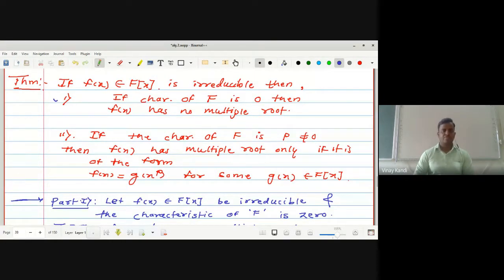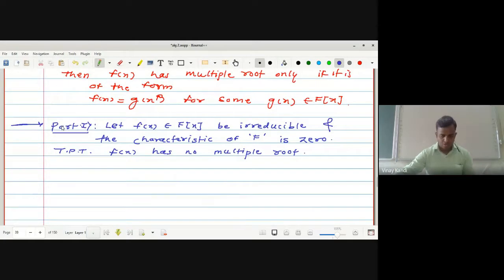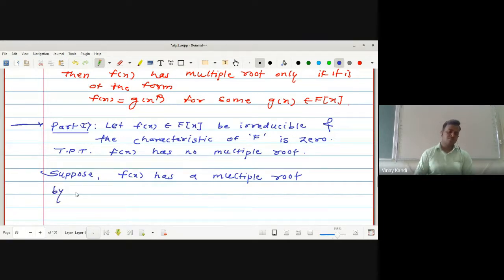Characteristic of F is 0, then f(x) has no multiple root. Suppose, by contradiction, f(x) has a multiple root. By the above theorem,